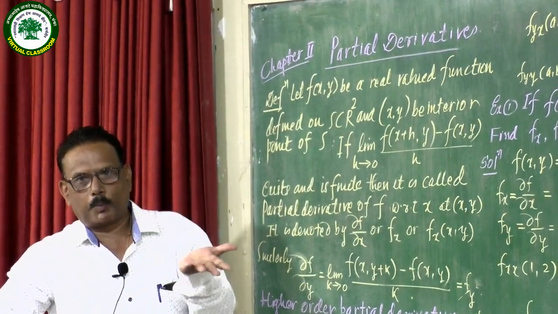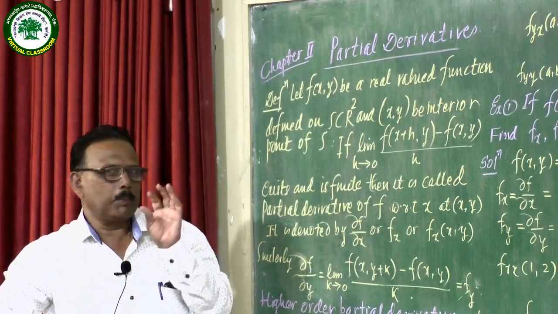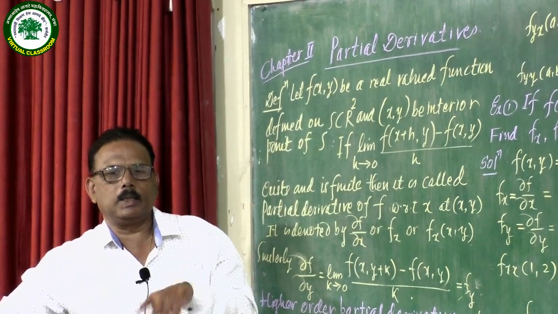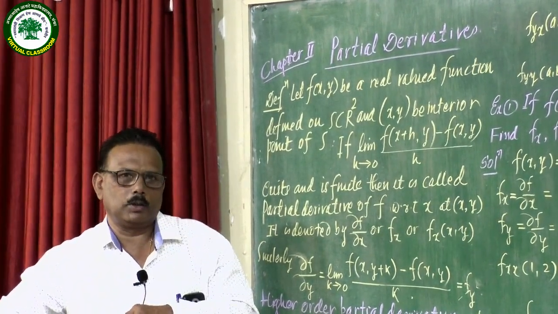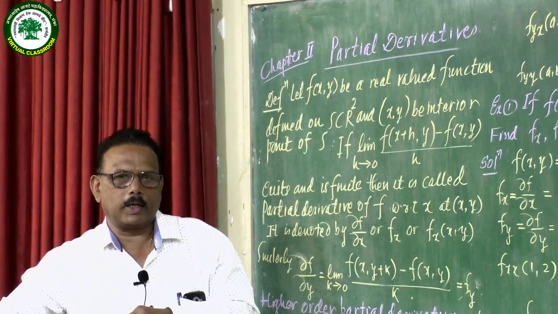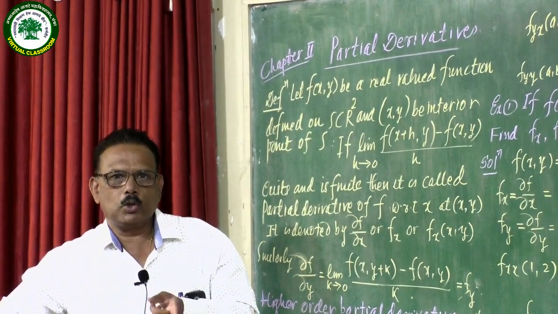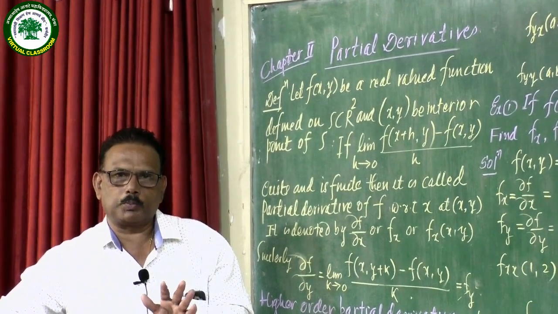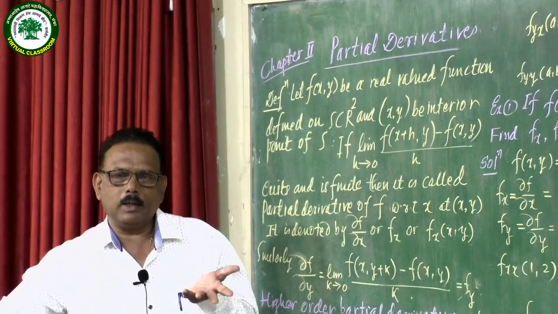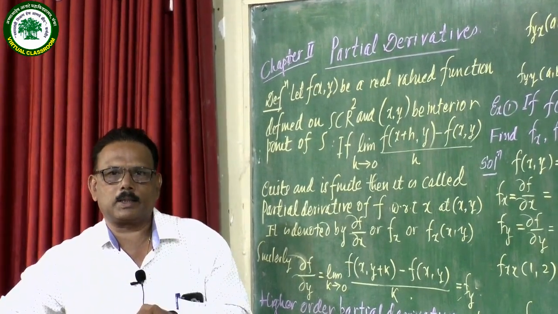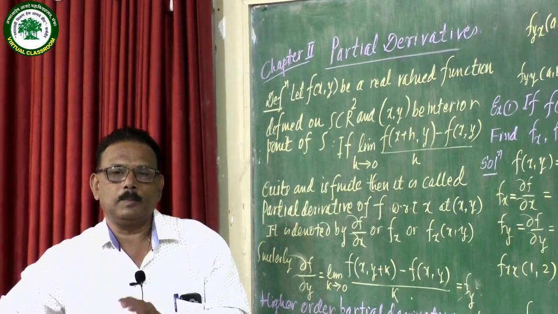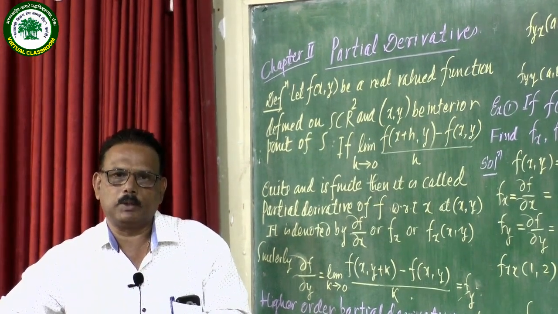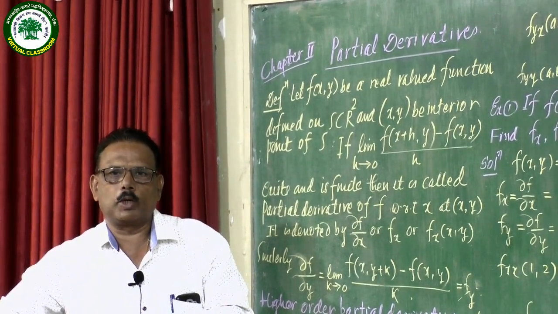function any number of times. But if it is a composite function, that means a function of two or more variables, then you have to take precaution that while you are taking the derivative with respect to x, you have to ignore y. When you are taking the partial derivative with respect to y, then you should ignore x. Why do we have to do this? Because as it is a composite function, a product function, it is slightly complicated to take the derivative.